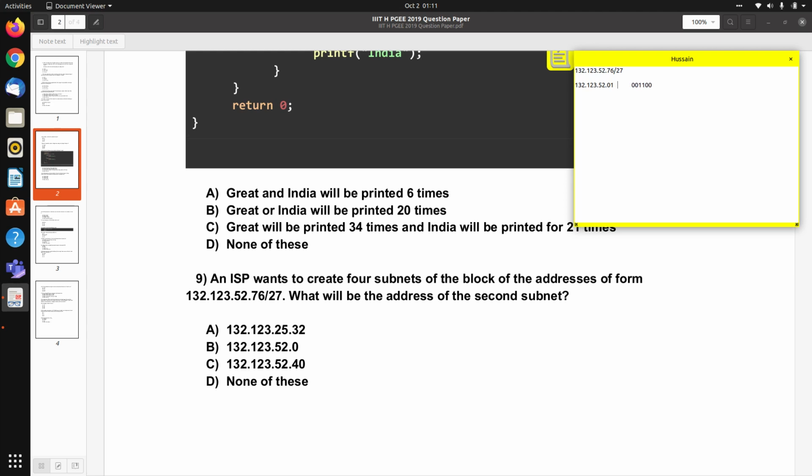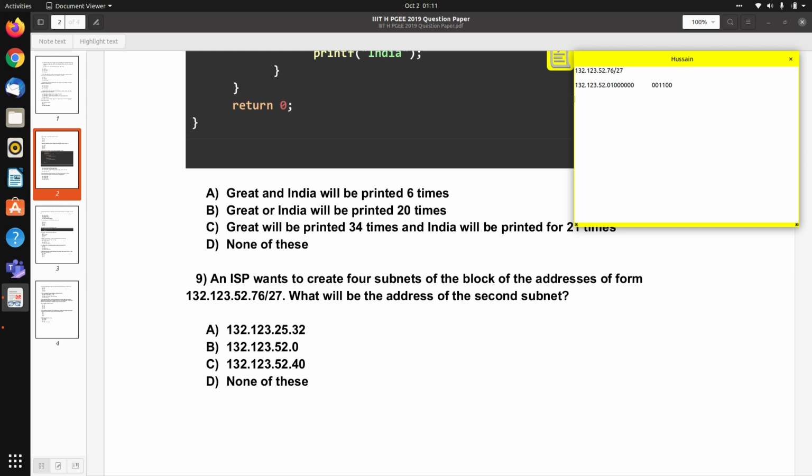This is the host part and this is the network part. 132.123.52.64 is the network, and in the network there are 2^5, there are 32 nodes. 32 IPs basically. Number of nodes would be 30 only. Anyway, it is not relevant for this question.